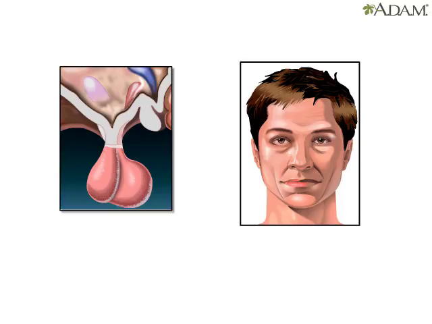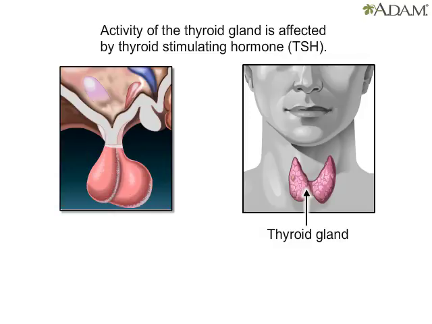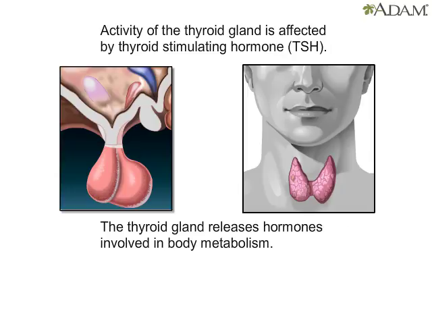A new image in the box shows a close-up of a man's neck with an overlay of the thyroid gland. The gland in the middle of the neck resembles a pair of lobed wings. A different hormonal command from the hypothalamus might trigger the release of thyroid-stimulating hormone, or TSH. TSH causes the thyroid to release two hormones, called T3 and T4, that stimulate metabolism in other cells throughout the